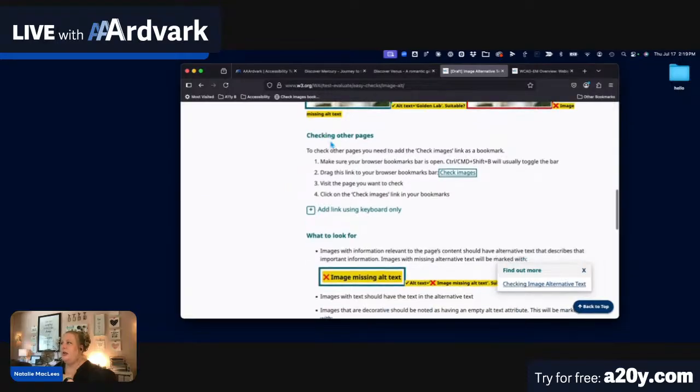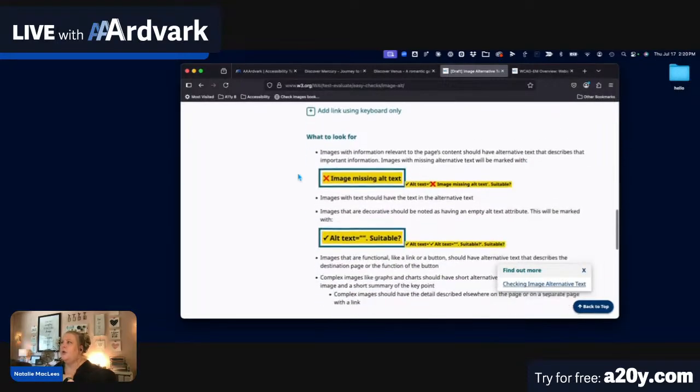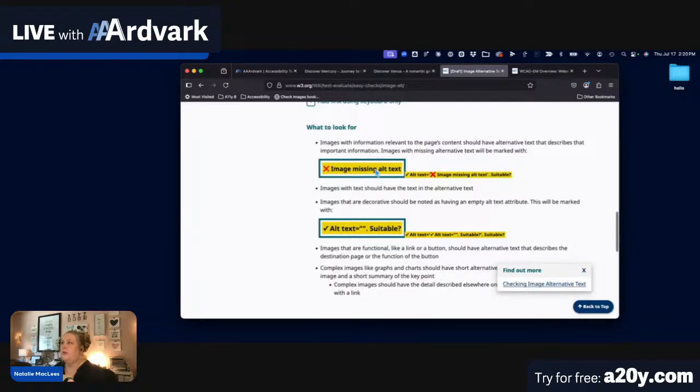All right, and it will walk us through. So it tells us how to check other pages. And it tells me also what I'm looking for, right? So it'll tell me there's an image missing alt text. It'll tell me that the alt text is set to empty,